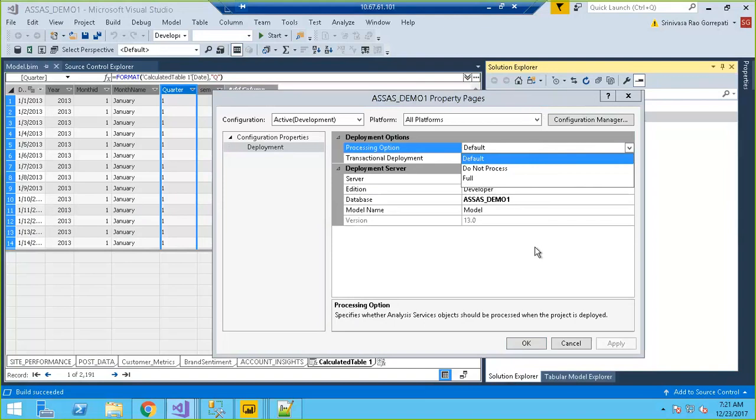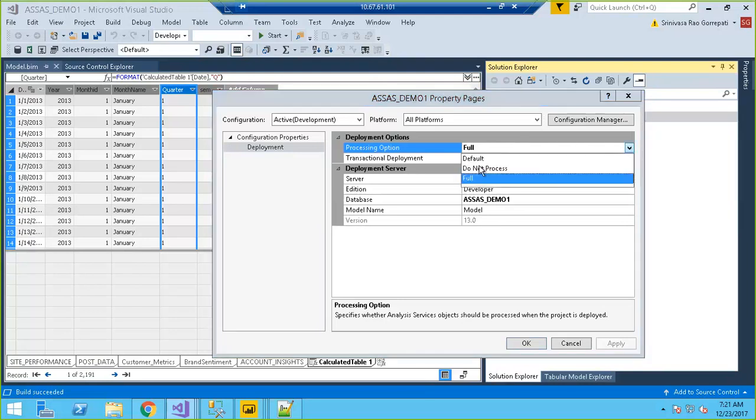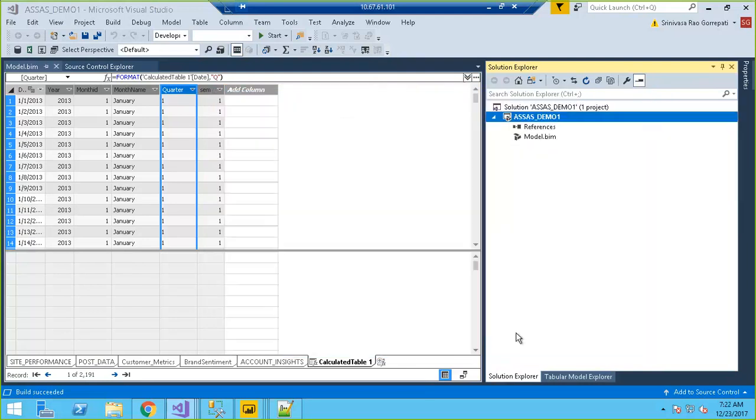If you made some change, like a comma separator or an amount symbol, data movement is not required. At that time, you need not process. If you leave it as default, every time you deploy it, the complete model will be processed. So you need to specify here whether you want to process it or not,